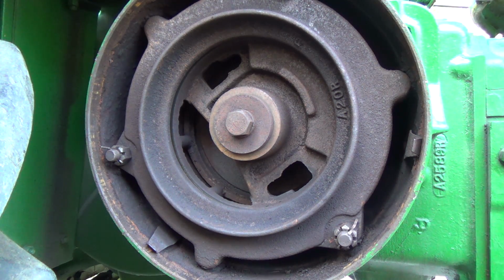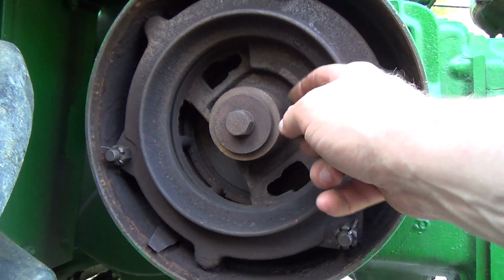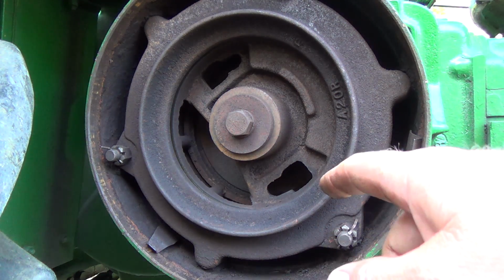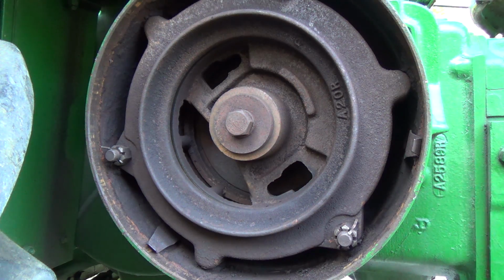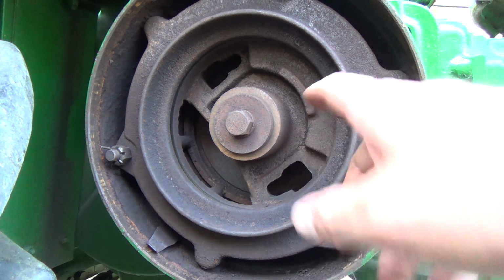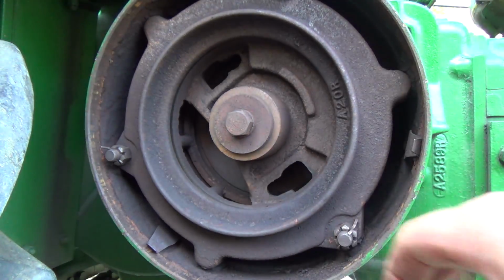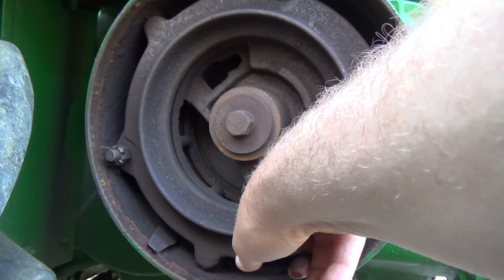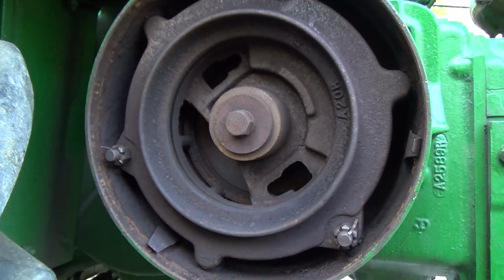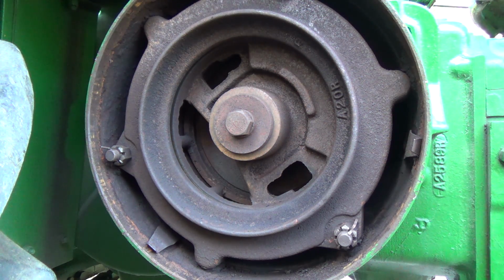I know to get it apart, sometimes these are on a spline and they're a real pig. You have to get a square-headed bolt. Is that what it was? I have to watch Buddy's video again. He shows you how you take all this apart, but a square head goes in here and it locks in behind, and it's supposed to help pull this guy off the shafts there. He says sometimes you got to heat these up, but what we're going to try today is